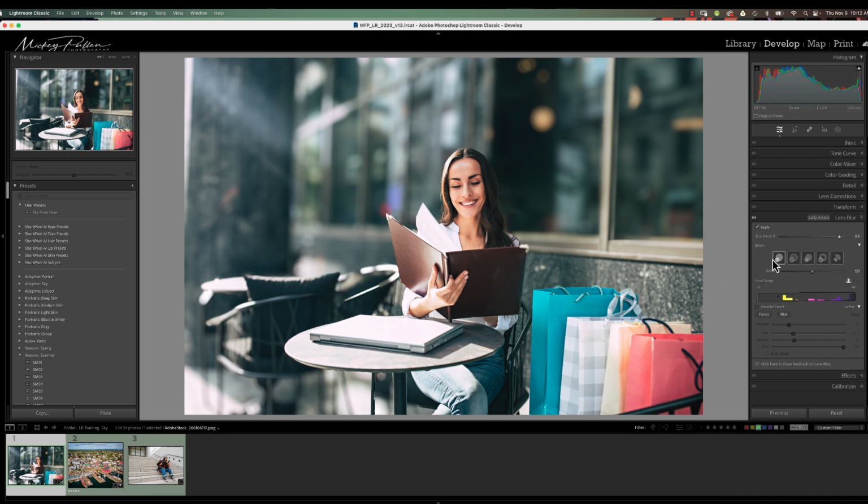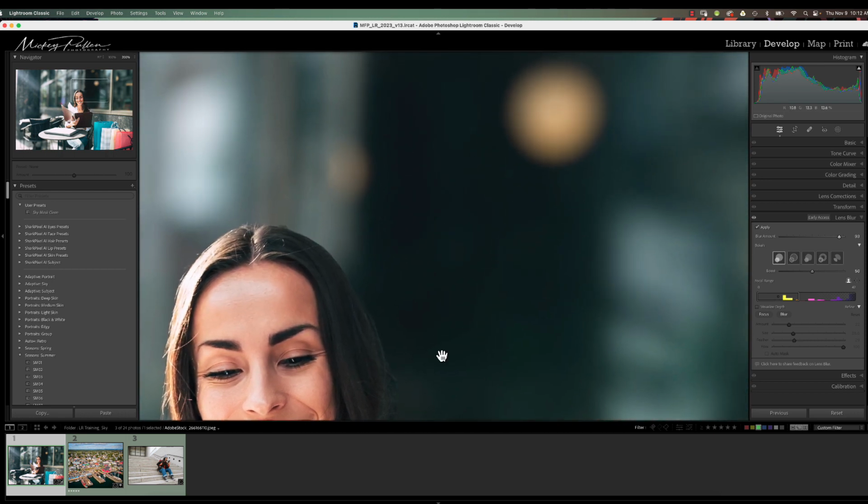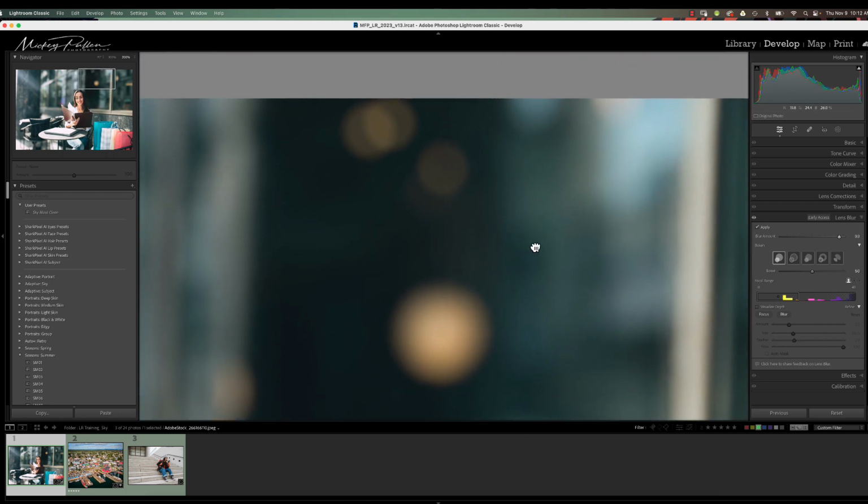The next thing that we see is called Bokeh. Now, it allows us to have 5 different types of Bokeh. And I'm going to kind of zoom in on the picture here so we can see specifically the Bokeh in this photograph, and it'll better demonstrate what this does. The first one that we see is called Circle, and it's just the typical Bokeh you will find in present day or our current lenses. And once you have the Bokeh defined that you want to use out of these 5, you can adjust it by changing the boost slider,